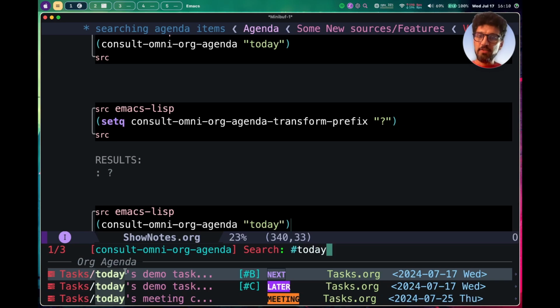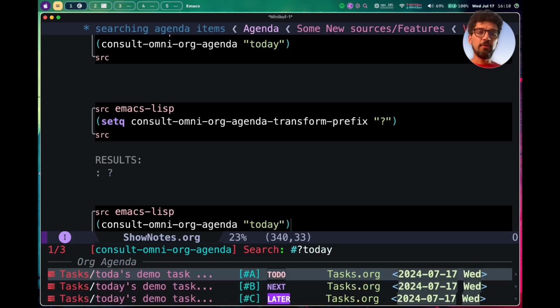And you can see I made some examples that have the term today in the title. And it's finding everything that has the term today in the title. And you can see the dates are different. Some are today, some are other days. But if I want to convert this to the date for today, I can put a question mark before, as we defined in this variable, and now it's transforming the query to the date for today,